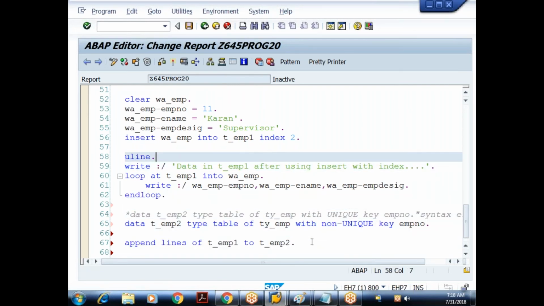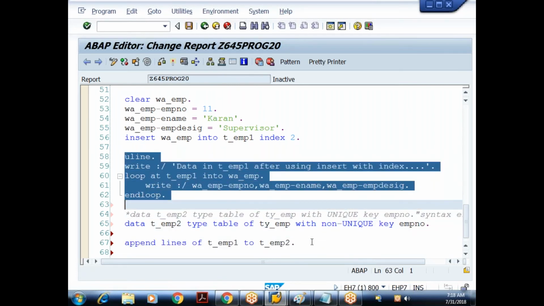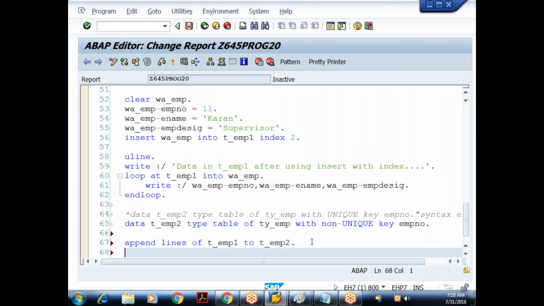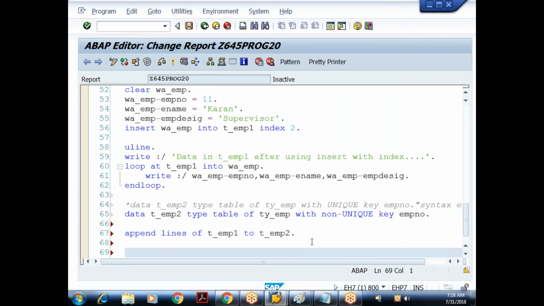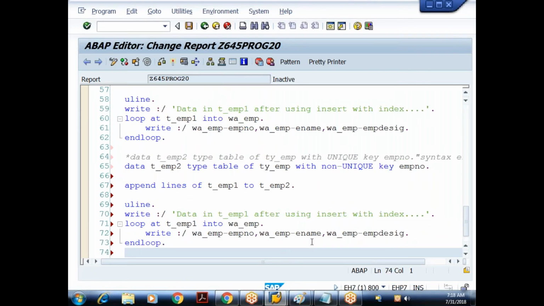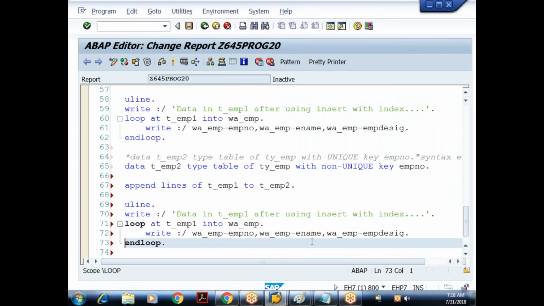Sorry, let me print it. Data in T_EMP2 after copying data from T_EMP1. This is just a meaningful message.